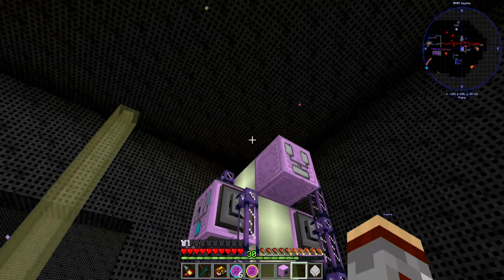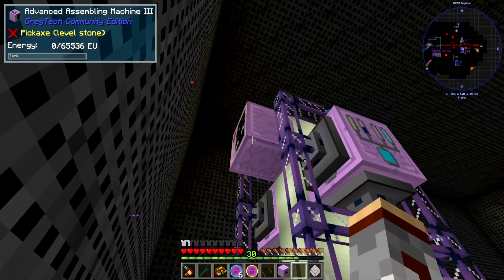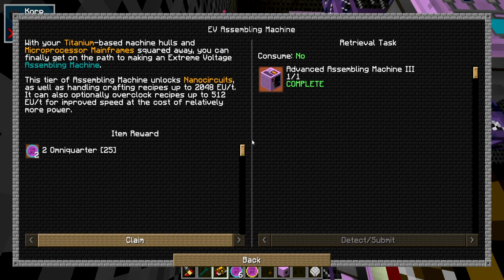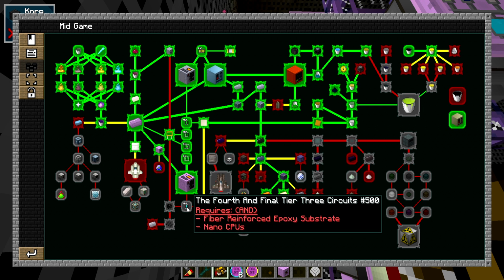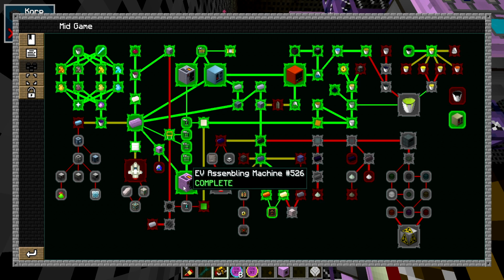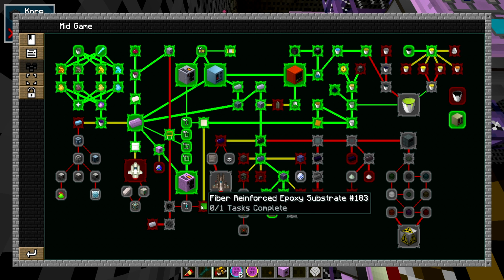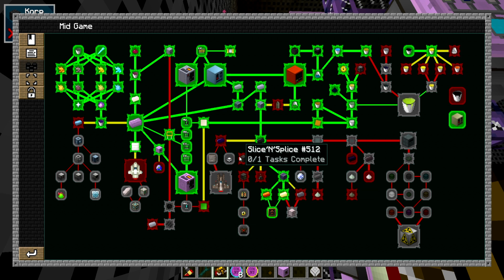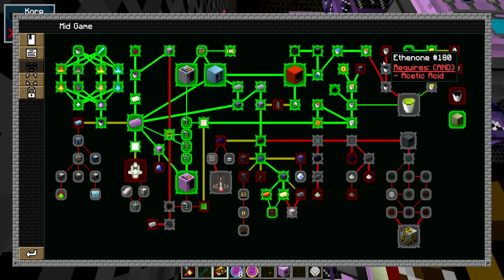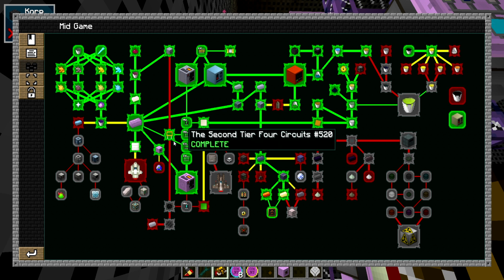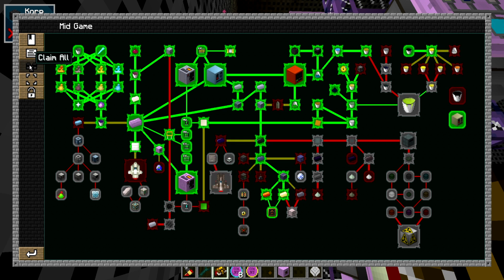Off camera, I will set up this reactor and set up the assembly machine to make circuits. Looks like the next circuit that would be going in there would be the nano CPUs. However, we still need this quest first, so that's going to be a thing. Although, and then, well, I'm all over myself today. We still need to get into the